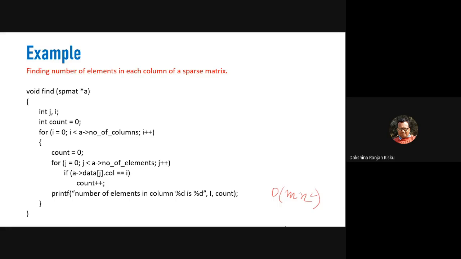So if p is the number of non-zero elements and the dimension of the sparse matrix is m by n, then what will be the time complexity, or how many times we need to compare the non-zero elements?